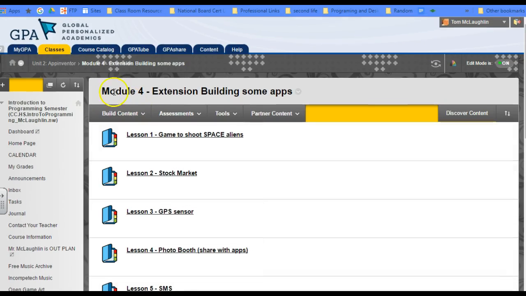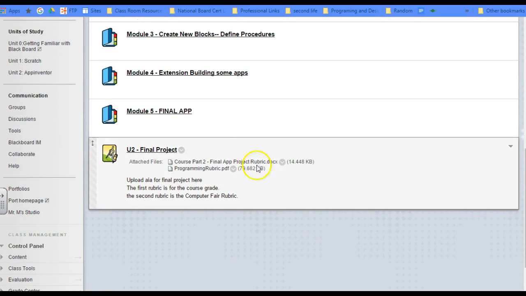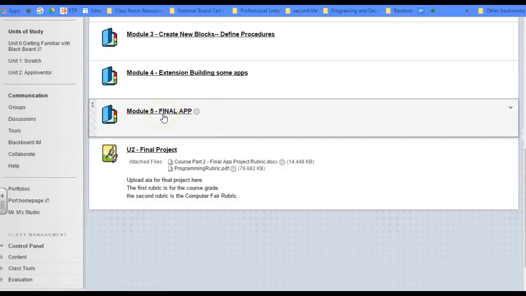So once you've completed Module 4, did your summative brainstorm, which is a summative assignment, you're going to move on to Module 5, which is the actual final app. And then finally, you have your unit project. That's where you're going to submit that final project. So Module 5